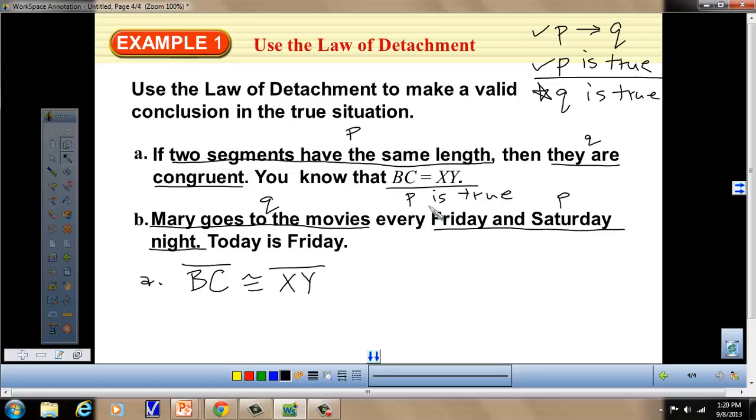You wouldn't write it the other way around. If she was going to the movies, then it's Friday or Saturday night. Doesn't really make much sense. We have an example here of P being true. So in other words, if it's Friday or Saturday night, well, it's Friday. So P is true here. My conclusion would be